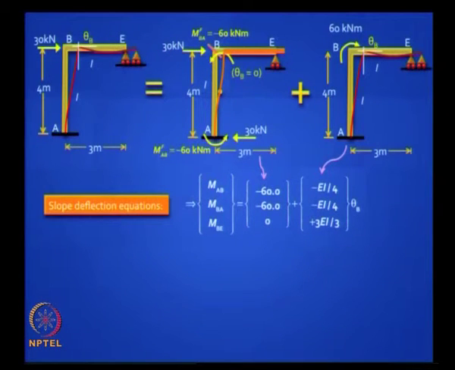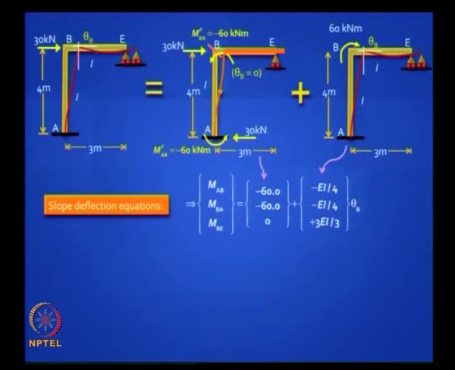The fixed end moment is 30 into 4 by 2, 60, right, anti-clockwise. This is conventional slope deflection method, so you put minus because it is anti-clockwise, and it is EI by L because it is cantilever behavior for the element AB, and it is 3 EI by L. L in this case is 3 meters, right. Some of you did it by memory based on the problem we solved earlier, so you, I do not know, you have phenomenal memory because you put a value of 2 EI for the beam element, because in the problem we did in here it was 2 EI.